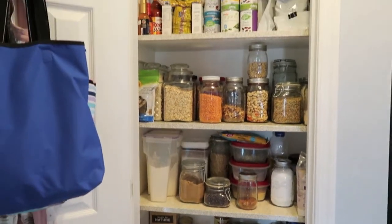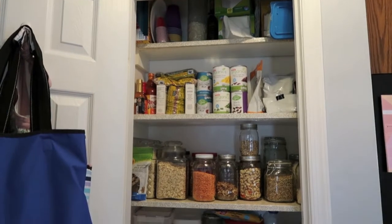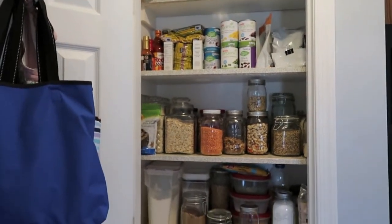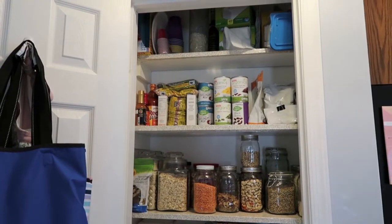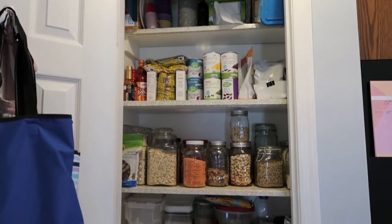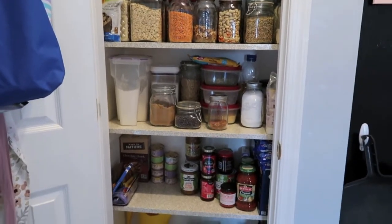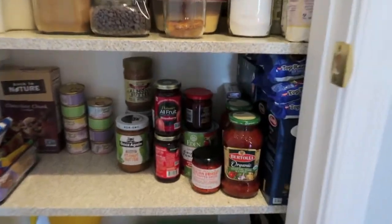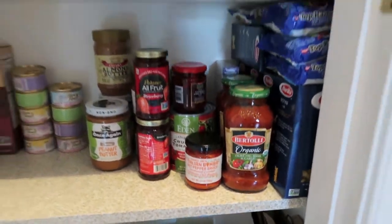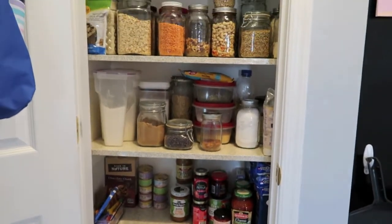In the comments below, if you have any tiny pantry organization tips, I'd love to hear them. It is a little fuller than it normally would be, especially since we got extra containers, extra packages of beans and stuff. And we made sure we were stocked up on a few certain things like chocolate chips in case we wanted cookies, sauces, and my Calabrian chilies because I'm obsessed with them. So if you have any tips for organizing a small pantry,